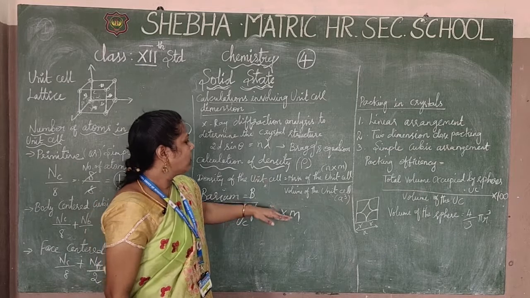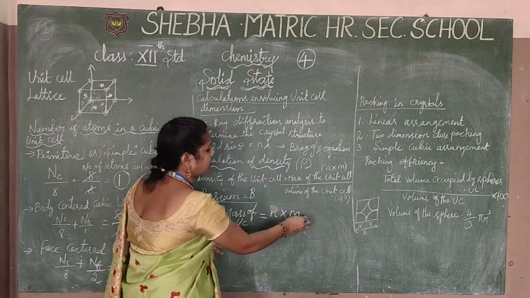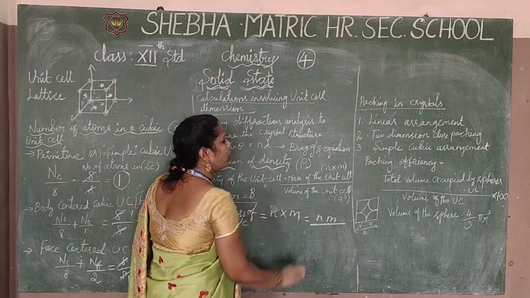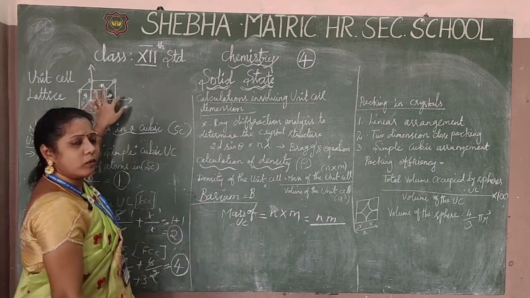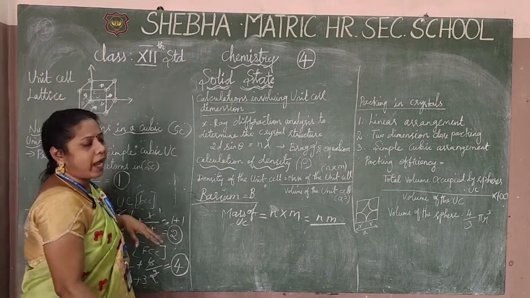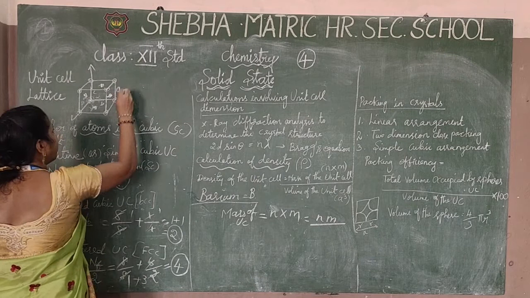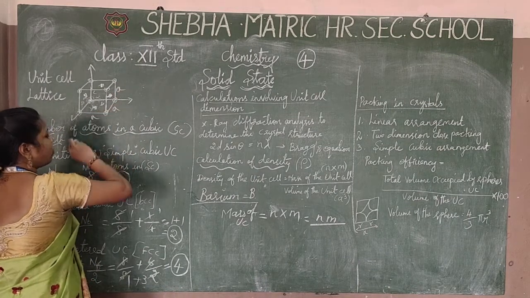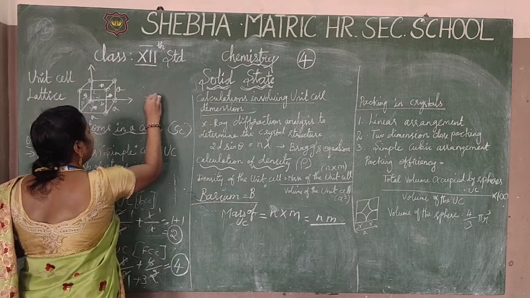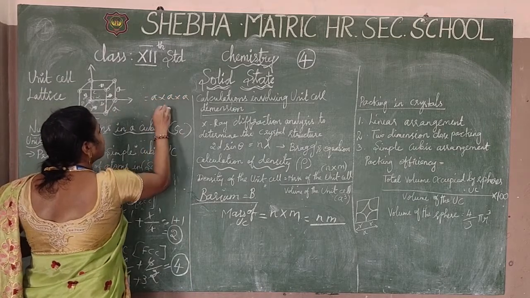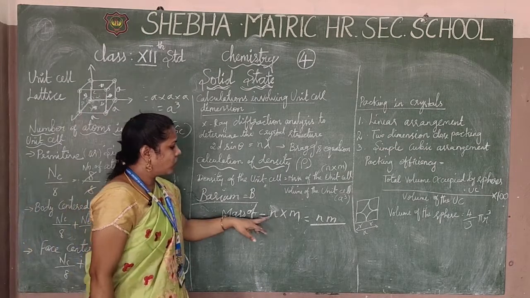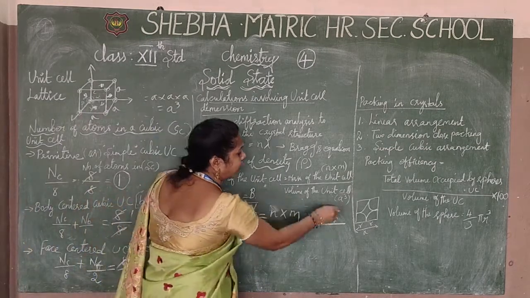So I am going to substitute these values. So n m by volume of the unit cell. You have to notice that in the cubic unit cell, all the sides have the same length. So I mention that as a. You know very well the volume of the cubic unit cell is a cube, a into a into a. Okay, volume of the unit cell. So the volume of the unit cell, that is a cube, I am going to write down.